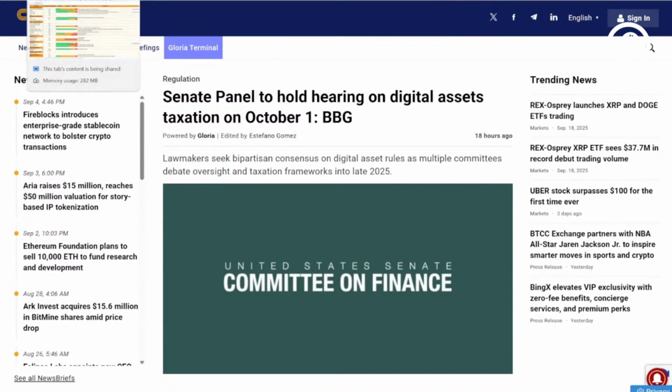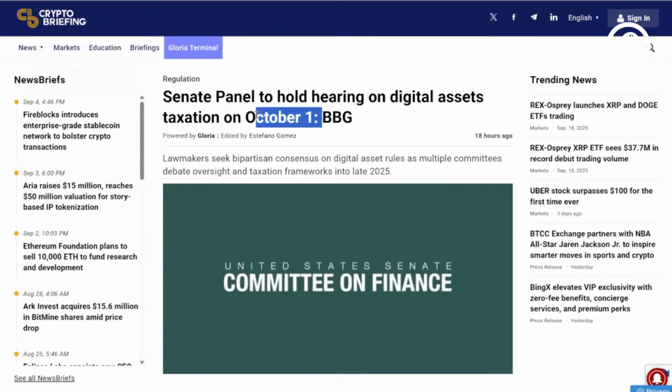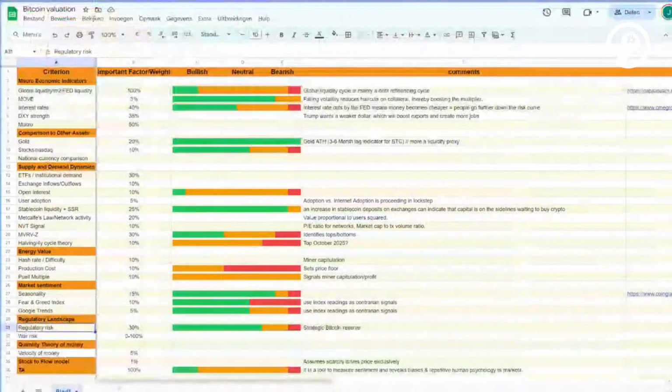And I think we will then see a spike upwards. But let's just wait on October the 1st. Maybe they won't even announce it immediately, so that will be something for later on in the year.